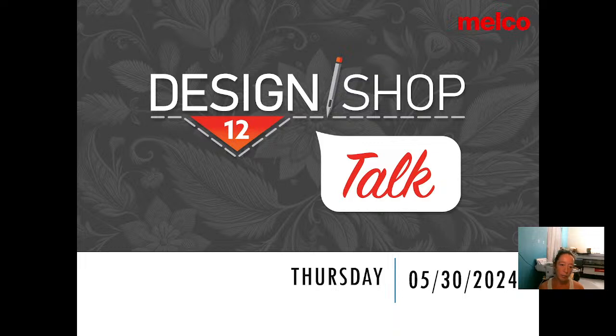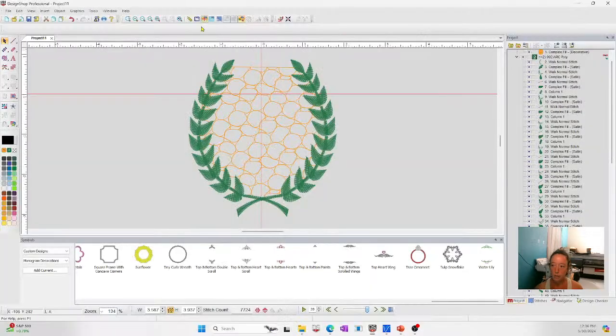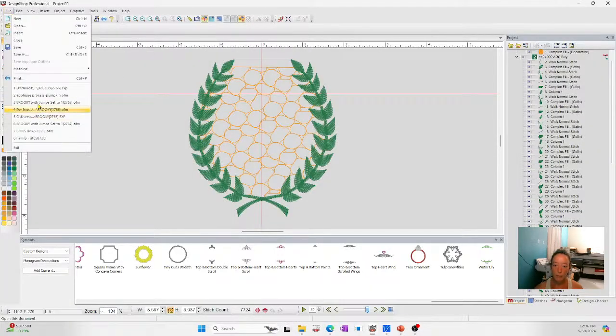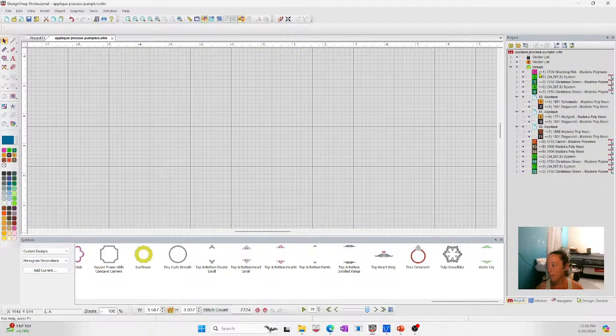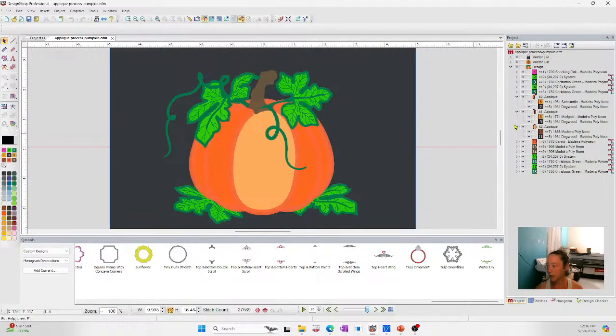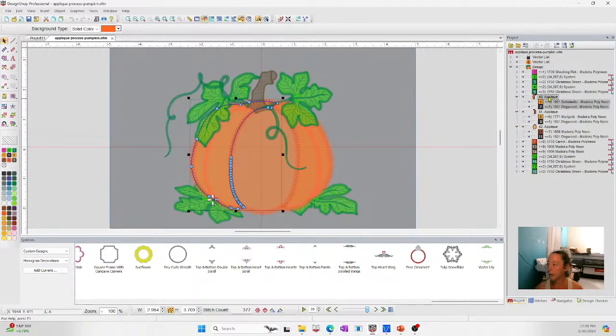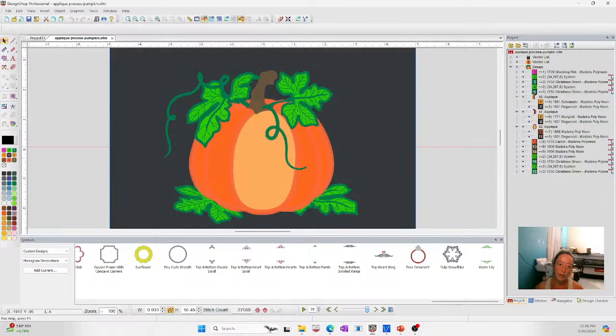How do you group the applique per type? Tack down. Oh, that's just rearranging steps, right? So where's my pumpkin? Applique process pumpkin. I deleted it. Boo. All right. So over, yes, all right. Tack down altogether. That only works